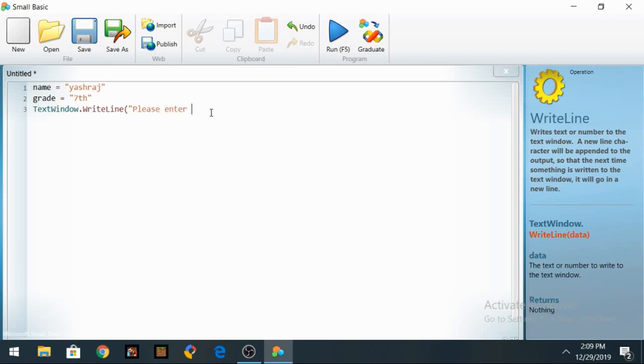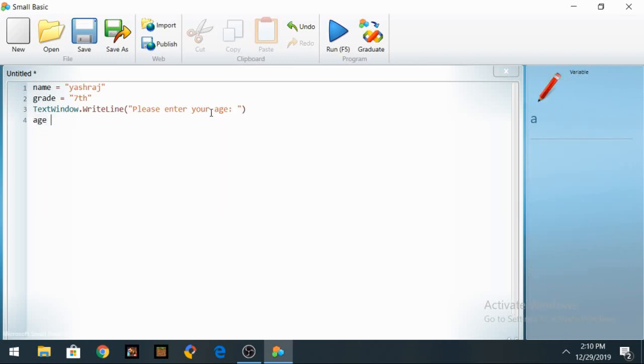please enter your age. And that's it. And then let's write age equal to